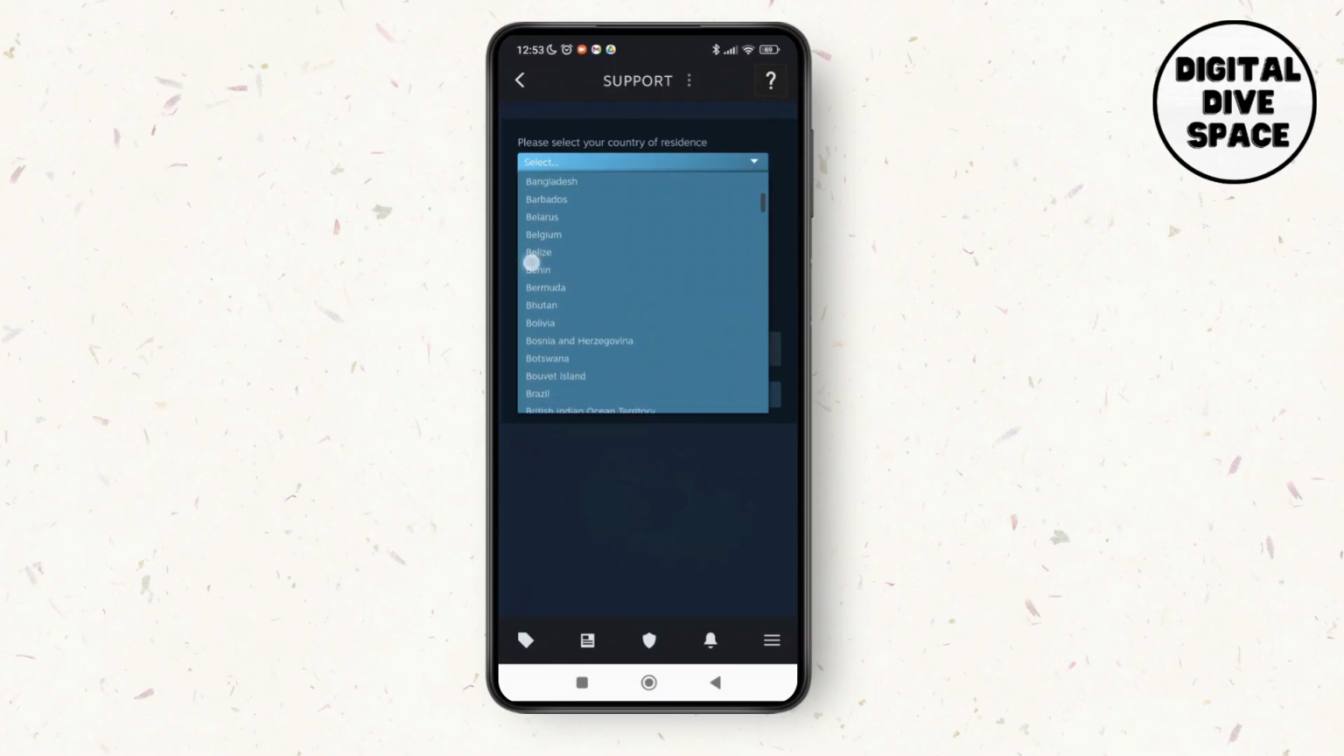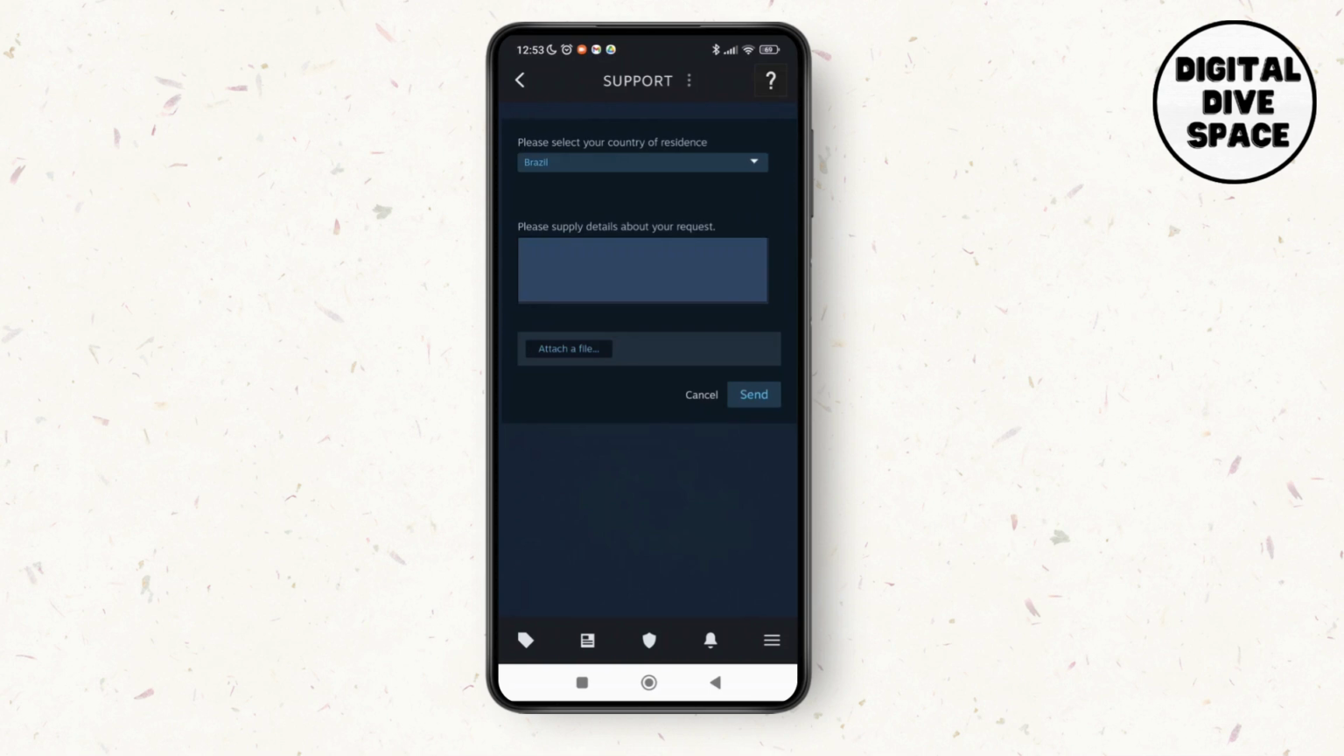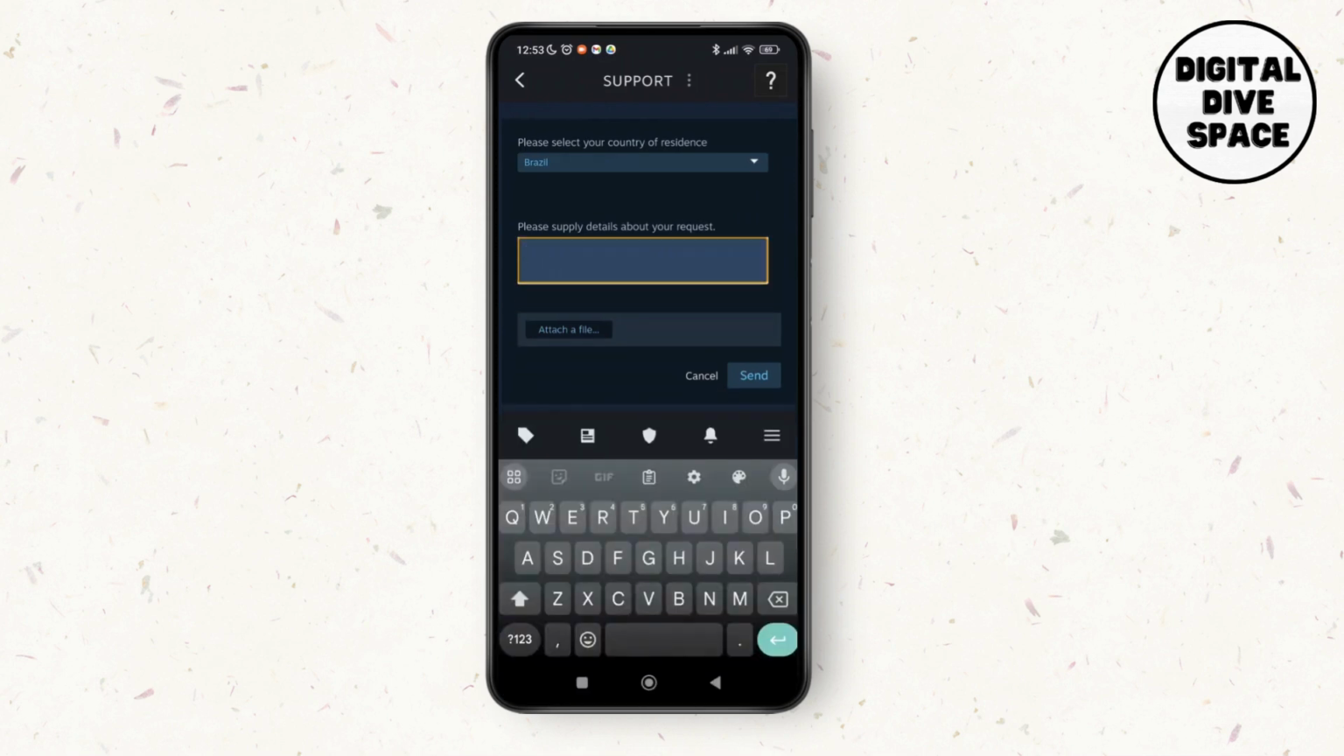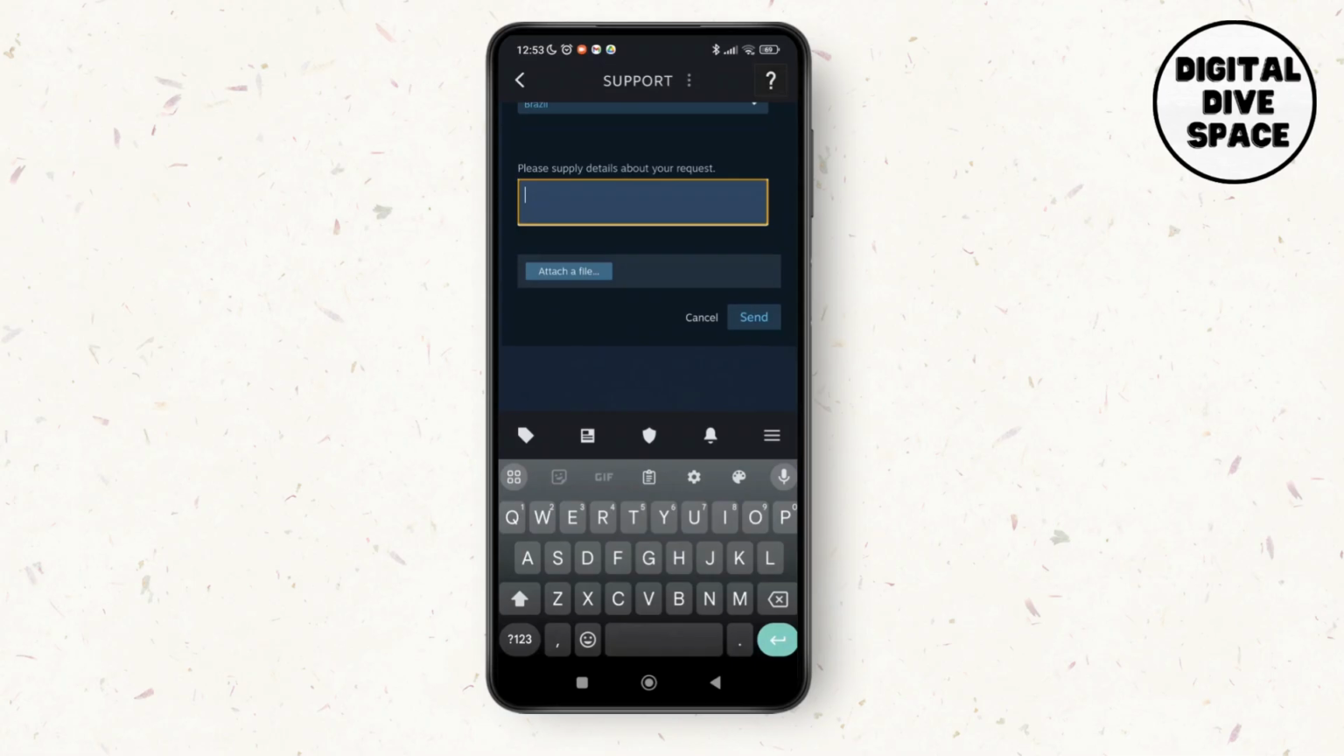So for example, if I'm going to choose Brazil over here, you just have to select and supply the details about your request on why you are moving to a new country and what's the reason, and also provide proper verification. After that, you can attach a file as well to prove that you are in a different country now. After that, you just have to tap on send, and the team of the Steam support will contact you